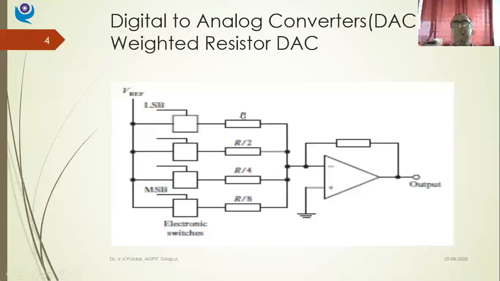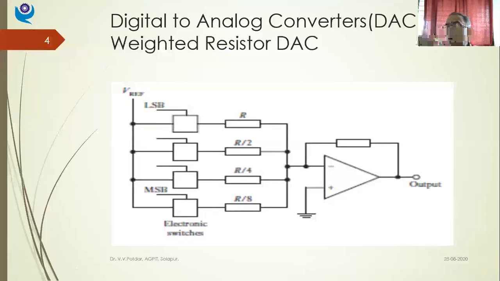Because if you take the same case, 0011, starting from left to right, how much does this correspond to as a decimal number? The rightmost one is 2 to the power 0, so that is 1. The second from the right is 1, so 2 to the power 1. So this corresponds to a decimal number of 2 plus 1, that is 3. Okay, so 2 plus 1 is 3.